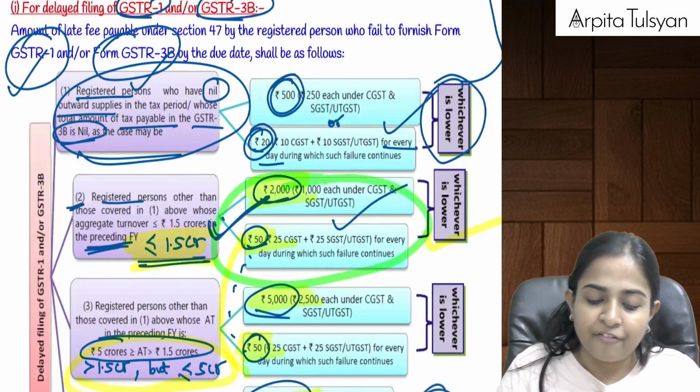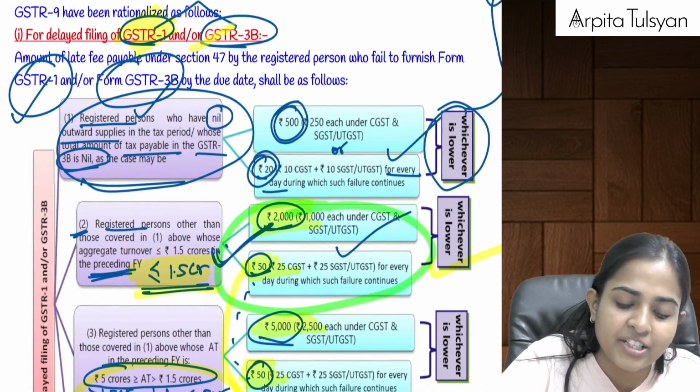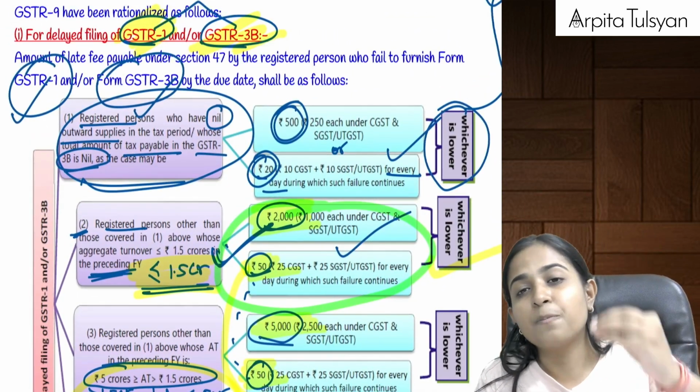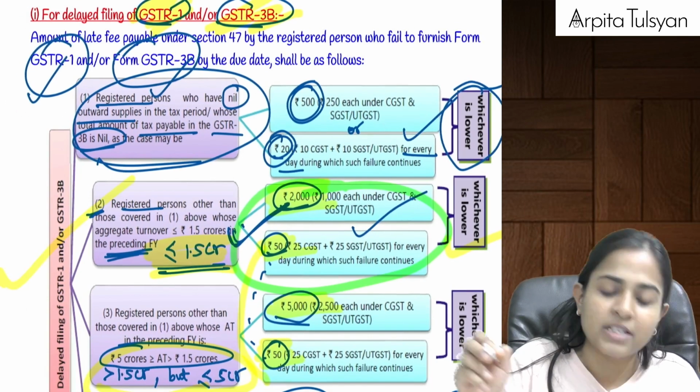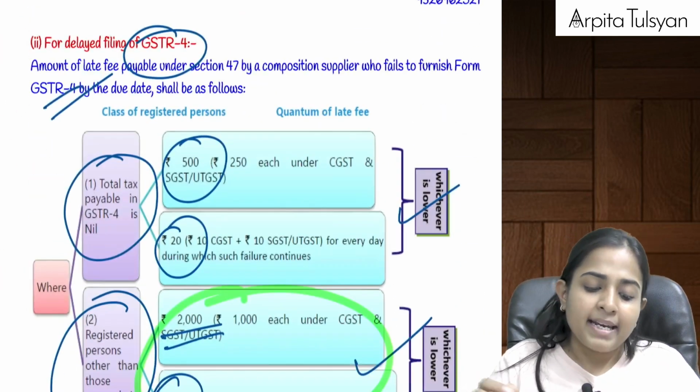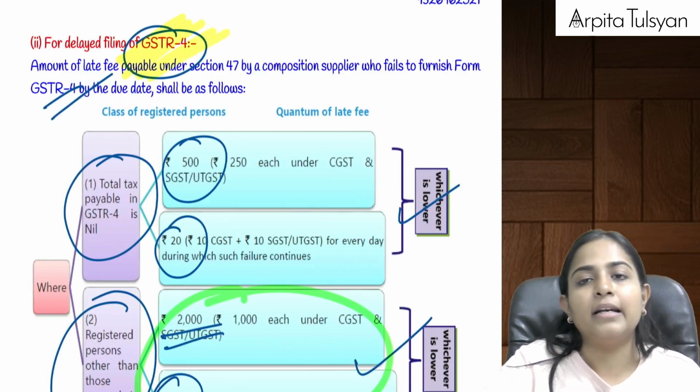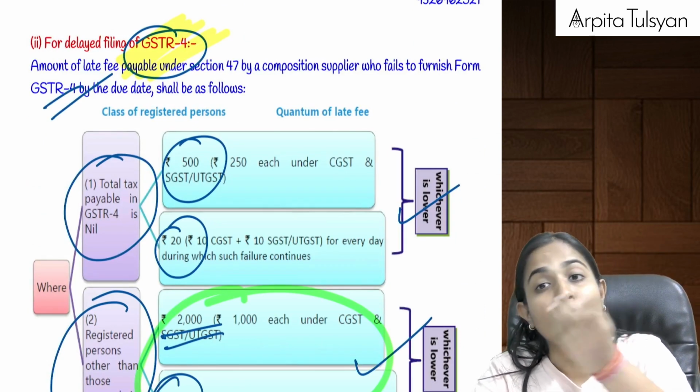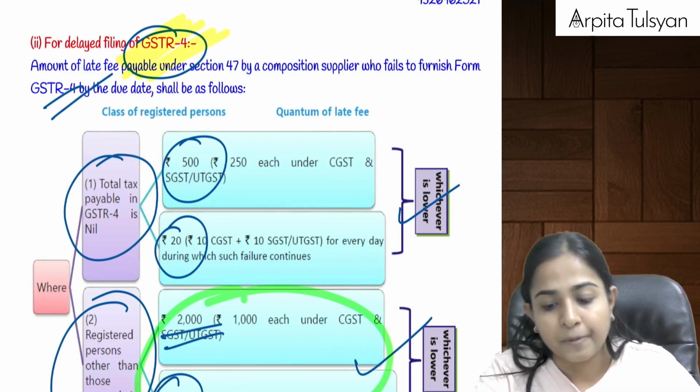This is the late fee. Okay, for GSTR 1 and GSTR 3B, you have been given a specific late fee, so apply the specific late fee only. Okay, next one. What if a composition dealer delays filing GSTR 4 by 30th April of the next year? Then if there